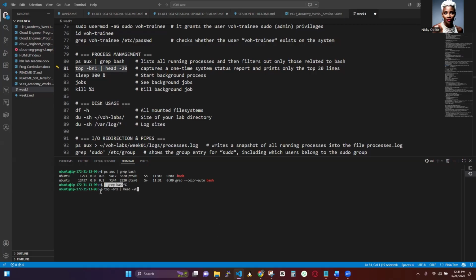So this particular command says capture a system report and print only 20 lines, head -20. If you notice once again, you have that send output to another command. So this basically says run this command, whatever you do, send it to this, right? So capture the one-time system status report, stop, and then